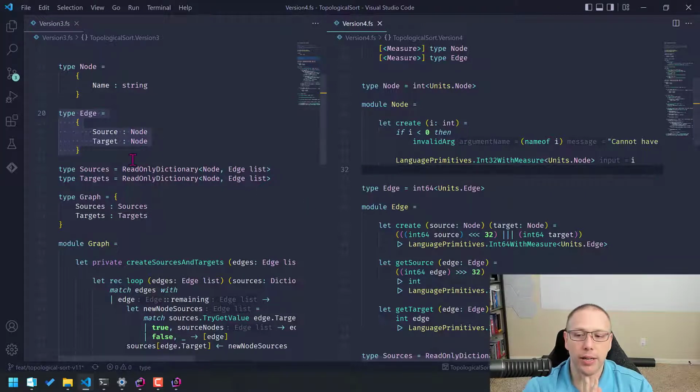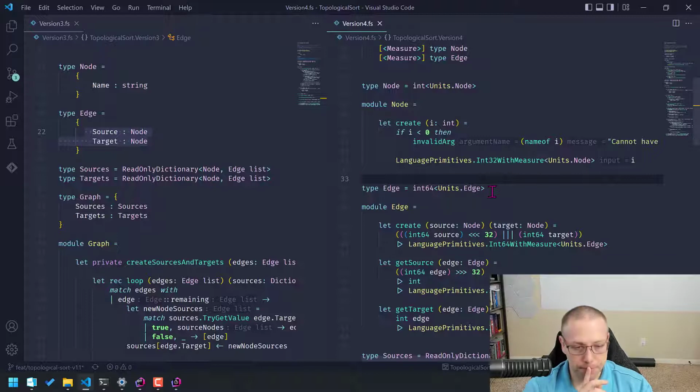And the idea is, okay, an edge went from being 2 nodes to an int64. How am I doing that? The way I'm doing that is a node is an int, and an int is 32 bits. If I want to put 2 nodes together, I need 64 bits. Well, what is a natural way of putting 2 32 bits together? 64 bits,